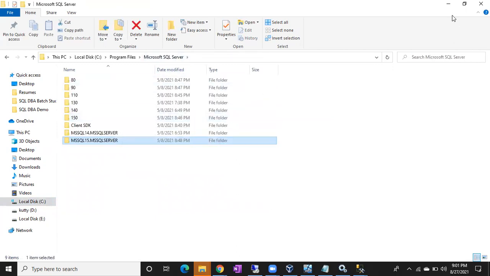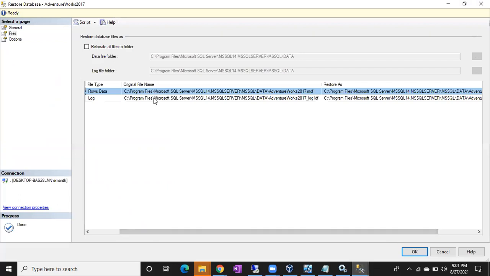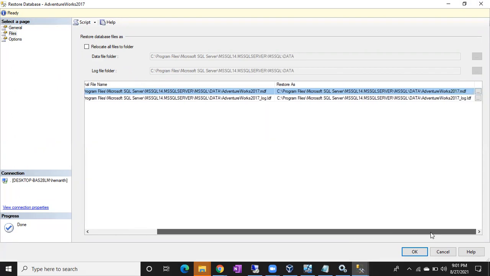There is no such folder, okay, that's fine. What I want to show you is, in this window, the original file path is MSSQL14. Why? Because we are restoring from the 2017 version. And it is going to restore to the latest version, since we are restoring on a 2019 server.